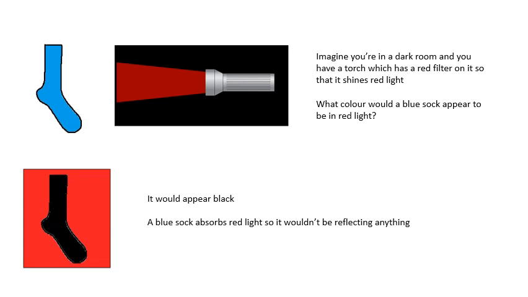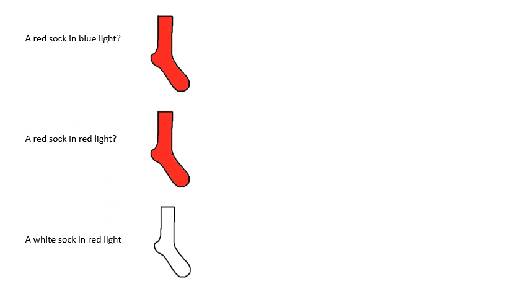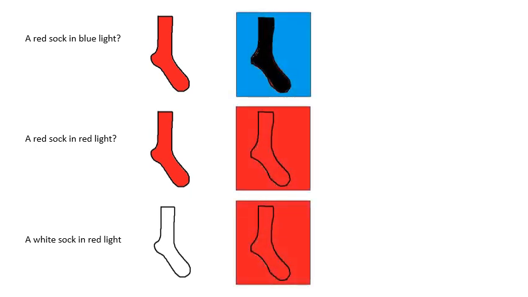It would appear black. Now, why? Because a blue sock absorbs red, so it won't be reflecting anything. And if it's not reflecting anything, it's going to appear black. Now, if you thought that was easy, then these three will be dead easy. A red sock in blue light, a red sock in red light, and a white sock in red light. Have a little think, and the answers are obviously